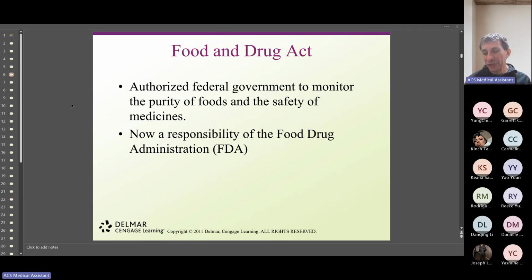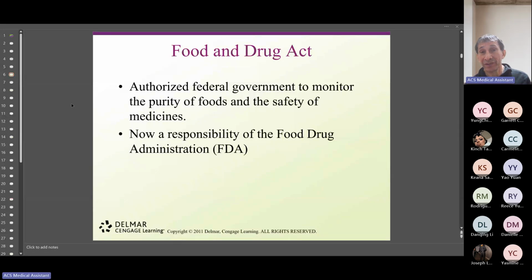Let's talk about the Food and Drug Administration. So now you heard about the Food and Drug Administration Act. So this is the Food, Drug, and Cosmetics Act. I don't know why it's not there, but it's supposed to be cosmetics as well. You see that every single product in the supermarket and pharmacies has the FDA approval. What it means is that they follow certain regulations. They meet certain criteria.